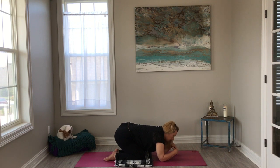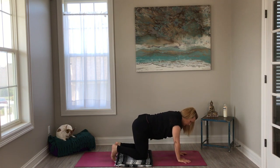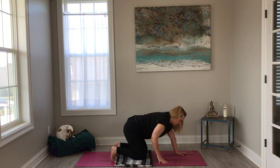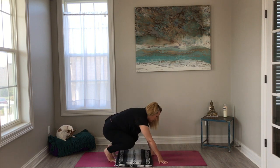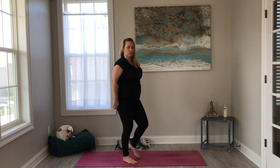From here, we're going to make our way to standing, to mountain pose. So a nice way to come into mountain is just to extend the arms, tuck the toes under, walk the hands back, lift the knees, and slowly make your way up to a standing position. Once you're there,